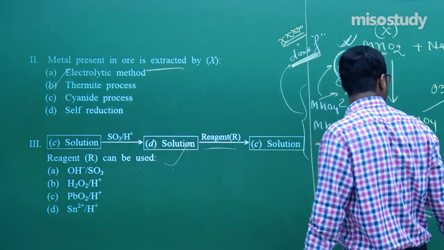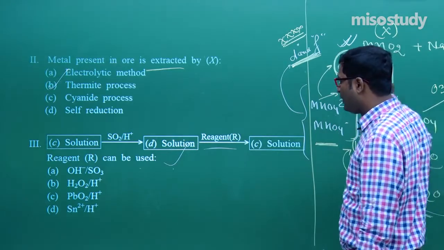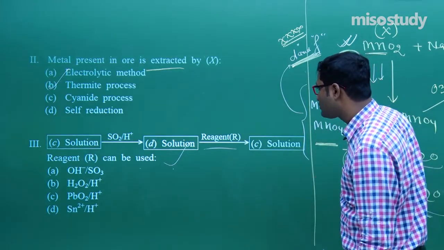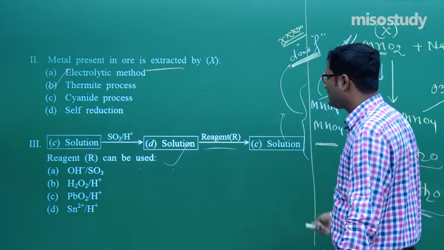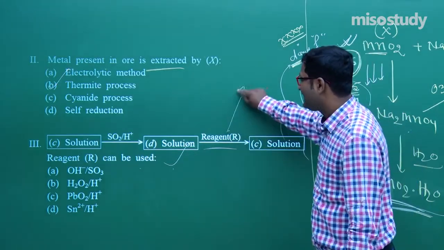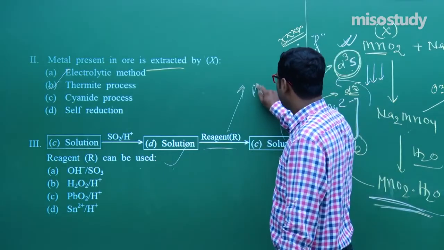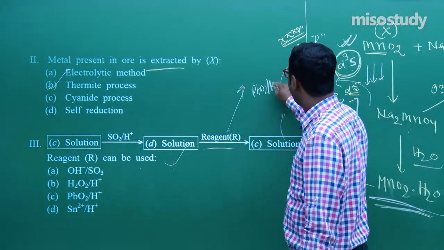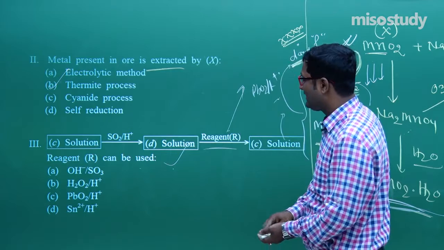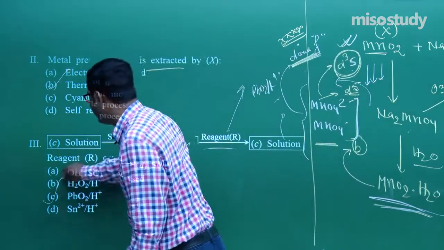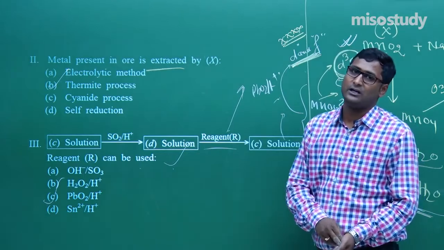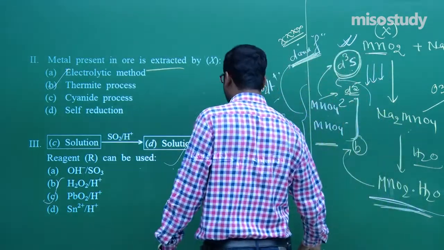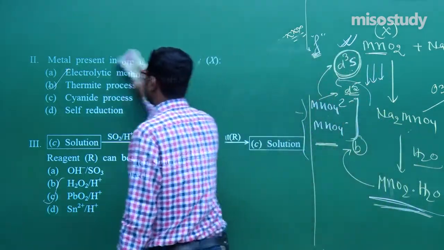Now the next one, solution C. What is solution C? That is NaMnO4. When treated with SO2, it gives a rearrangement, again solution C. This rearrangement is simple, involving PbO2 and H plus. So for this question, C is the correct option. Practice this question, you can easily solve this kind of question. This is the complete explanation. Wait for a moment, give me a few seconds.